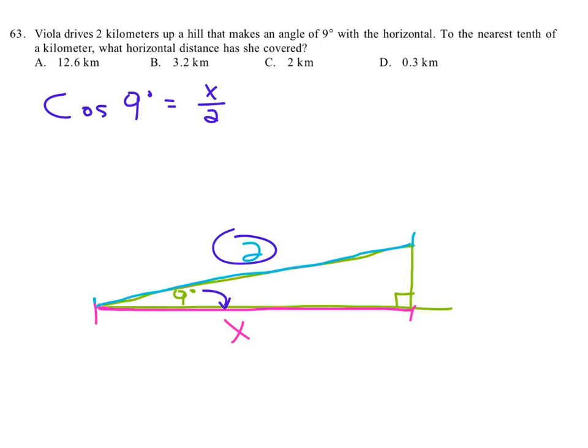Now multiplying both sides by 2, we get 2 times cosine of 9 degrees equals 2 times x over 2. The point of that is to cancel that. And then you get x is equal to whatever we get when we get 2 times the cosine of 9 degrees. So I'm going to hit cosine 9, and then I'm going to multiply that by 2. And I get 1.97